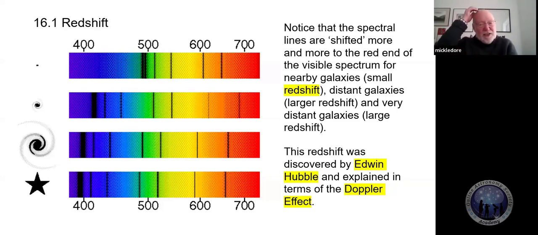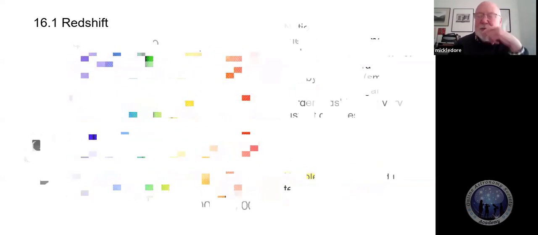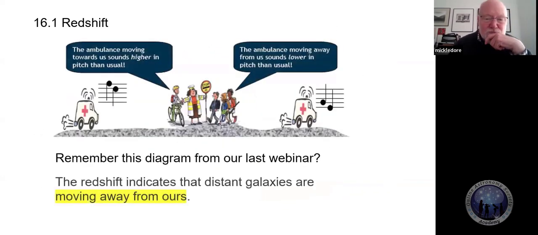This was discovered in around the 1920s, 1930s, when he and his assistants had access to the world's largest optical telescopes. He was interested in different elements in the stars and the galaxies. But what he didn't expect was this redshift, which was so large. And we can interpret it in terms of something that, again, we looked at last time, the Doppler effect.